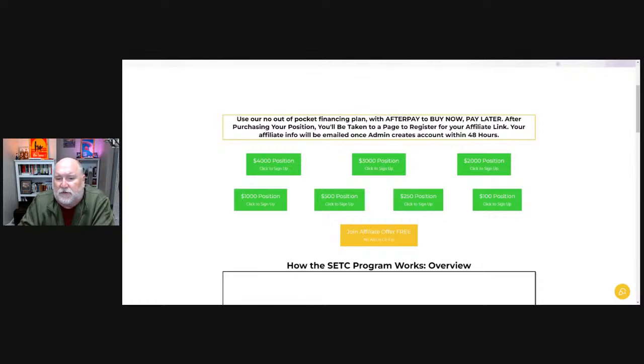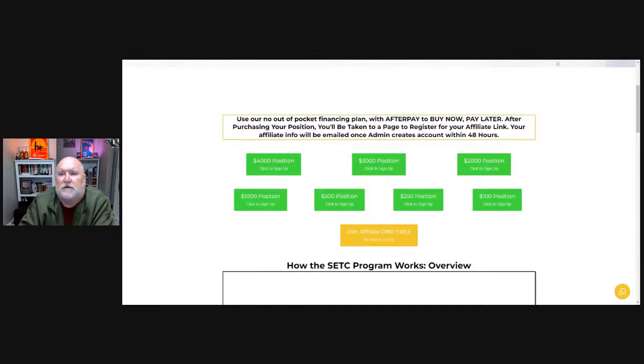If you were to spread this payment out at $500, take a $500 position over 12 months, you'll pay $43 a month. Okay, you can do a 6-month payment plan and spread that payment out over 6 months at $85 a month. So we make it, like I said, easy for you guys to get started. If you have good credit, but maybe you don't have a credit card because you don't have enough room on it, you can use Afterpay and fund your way into this program without having to pay.